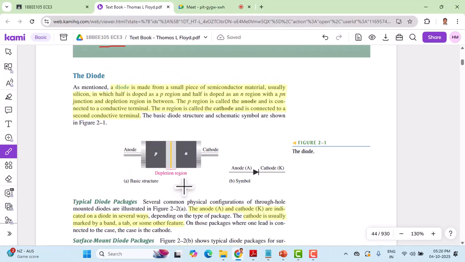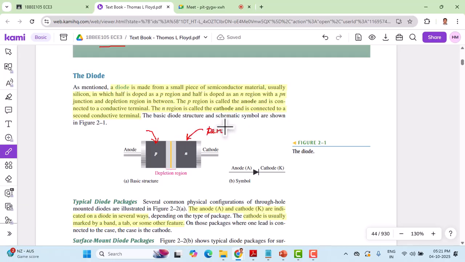Okay, let's now look at the diode, how it looks. As we already defined, a diode is made up of a small piece of semiconductor material, and it's usually silicon. The complete material is silicon. When we take the entire bulk of silicon material, one side we dope with a trivalent impurity, which forms the P type semiconductor, and the other side we dope with